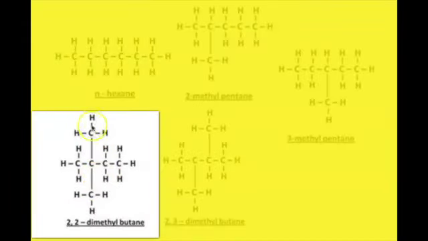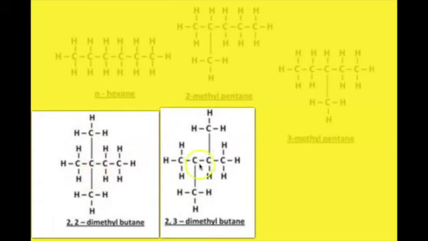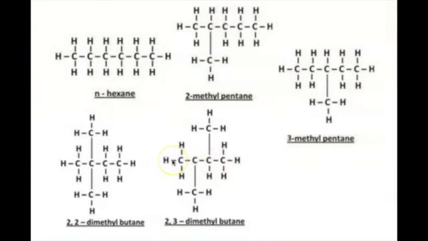This would be 2 1-carbon branches on 1 carbon in the main chain, and this is 2 1-carbon branches off the main chain off 2 different carbons. These are all 6 carbons. They all represent the same chemical formula, which is C6H14, but they have different structures. And because structures become so much more important in how these molecules function, we need some specific names